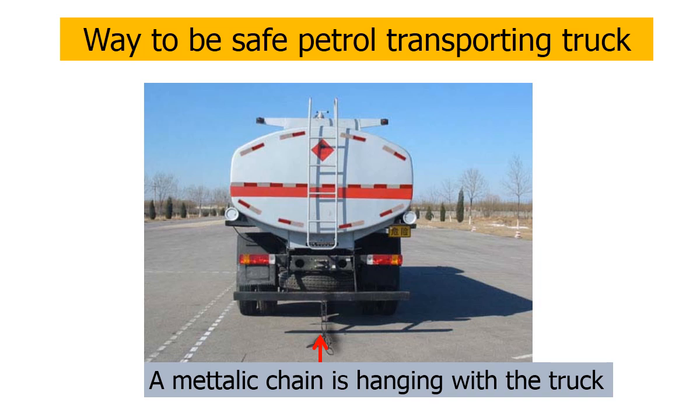As a result of this, frictional charge is stored in the petrol. If any spark takes place from the edge of the tank, it may cause a serious accident and may set a fire. So the charges of the petrol are not safe. Therefore, a chain is connected at the back of the tank so that the charge can pass through it to the ground easily, as metal is a good conductor.